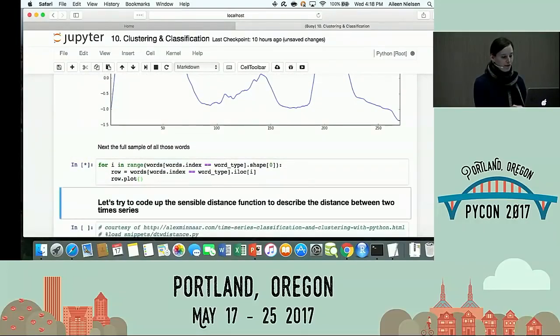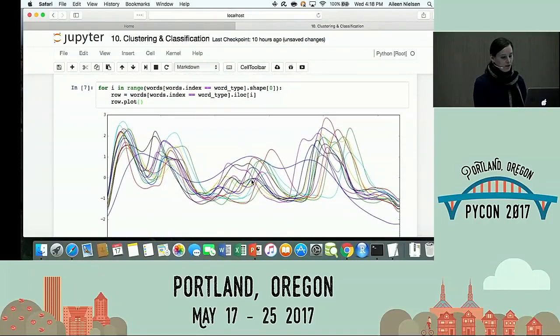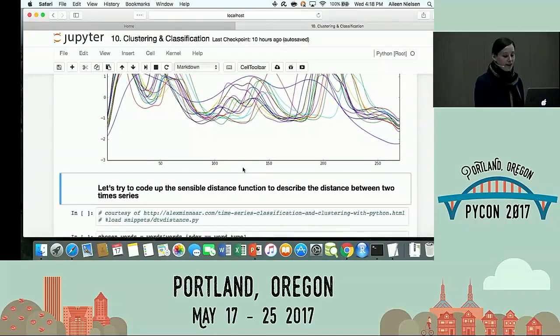What about the full sample of all these words? Well, that's here. So word type 7, you can see they all follow the same shape. They have one bump, and then a second bump, and then maybe 1 or 2 bumps in the middle, and then a bump at the end. And as you can see, there are some outliers, like this blue one here, where it almost seems like this person is speaking a different language. They don't even have the same number of rises and falls. And this gives you an idea of why computers recognizing what people say is so amazing, because we all say it differently to quite a large extent.